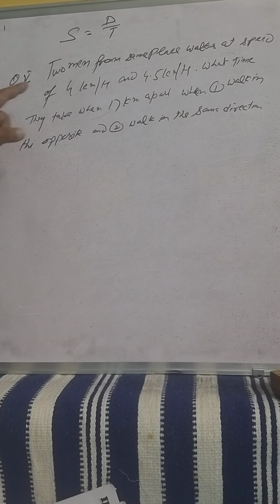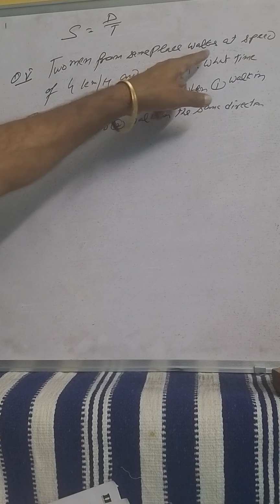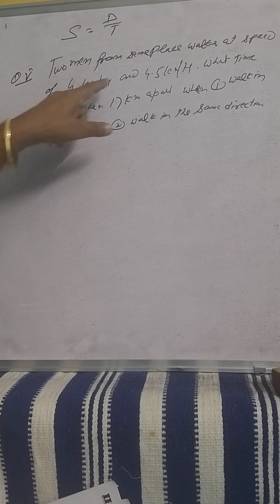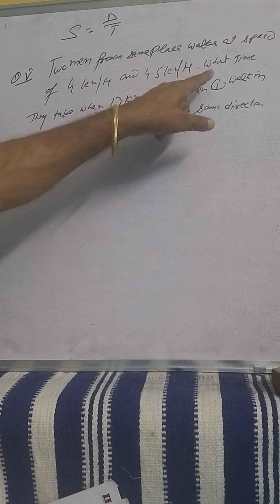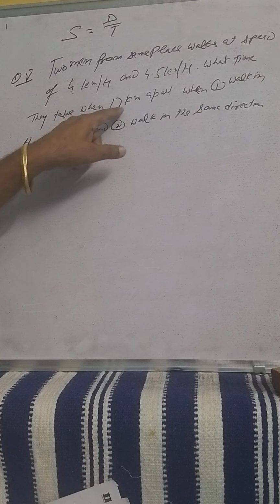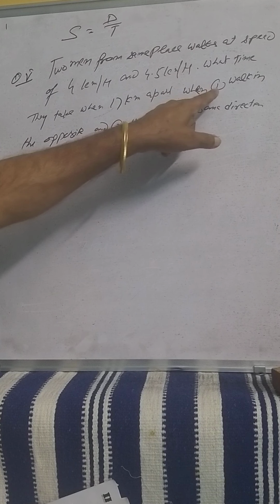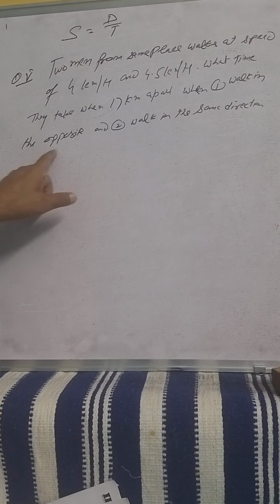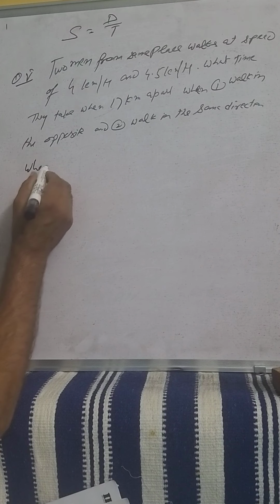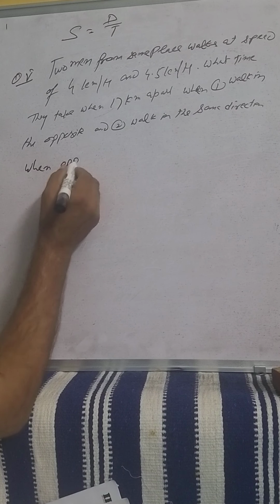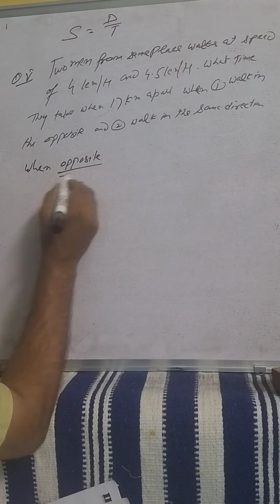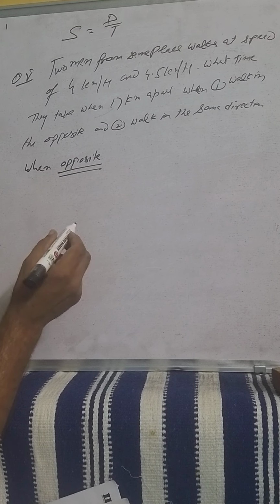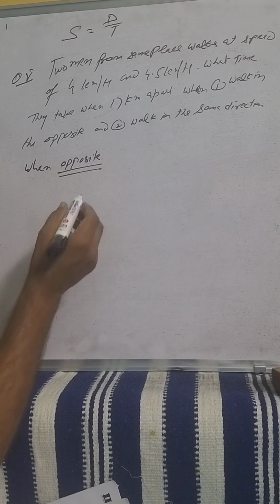In this question, two men from the same point walk at a speed of 4 km and 4.5 km per hour. What time will they take when they are 17 km apart? First they walk in the opposite direction, and second they walk in the same direction. Here at first we can see that when they walk in the opposite direction, the distance in 1 km they are apart